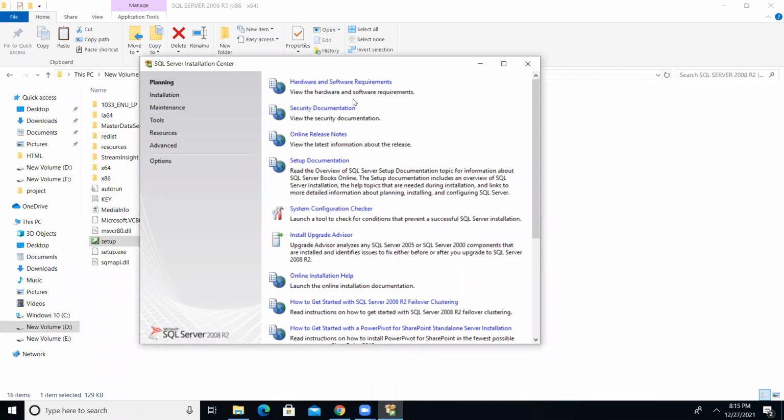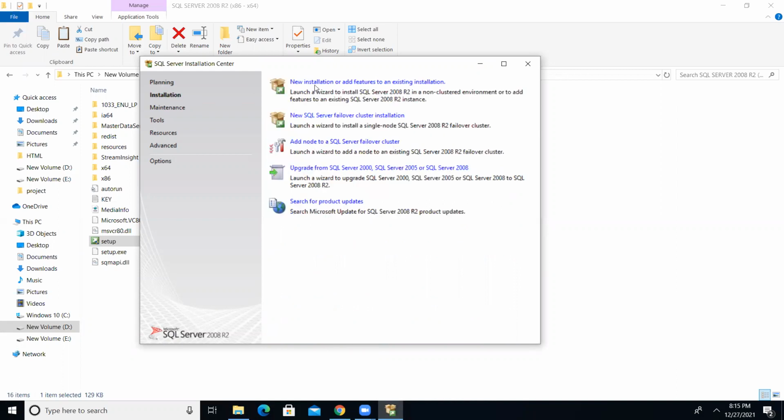From this one, you have to select Installation and then choose the first option, New installation or add features. Select this option.